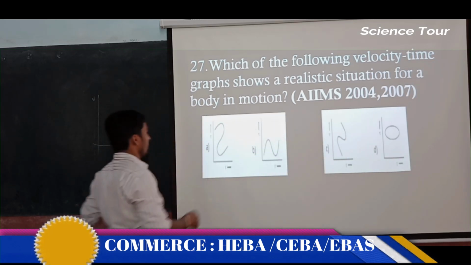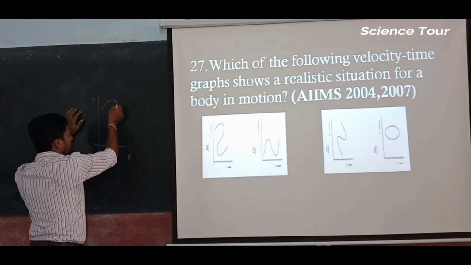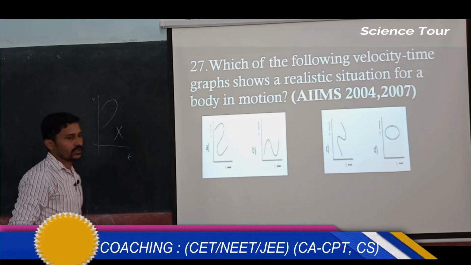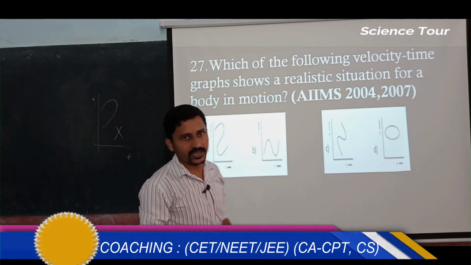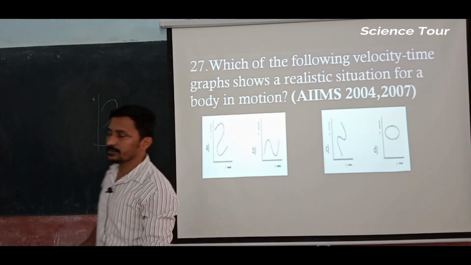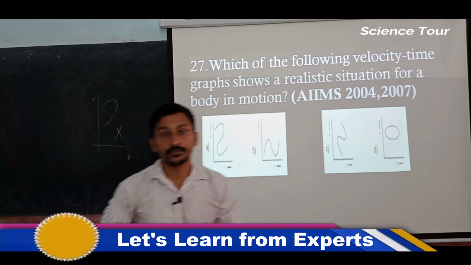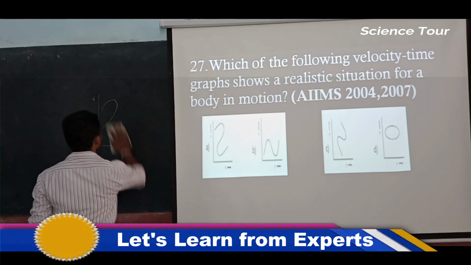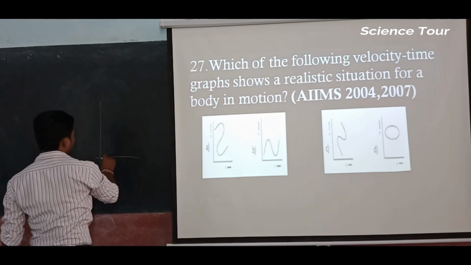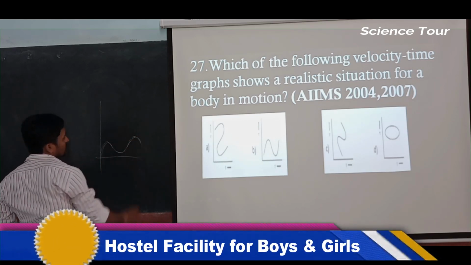Velocity increases with time, it is possible. Now velocity also decreases and time also decreases. Is it possible? Is there any situation where time is going to reduce or reverse? No, time cannot go in a reverse manner. That is wrong, the first one won't happen. The second one seems that it happens. It is realistic. Velocity increases, decreases, fully positive.